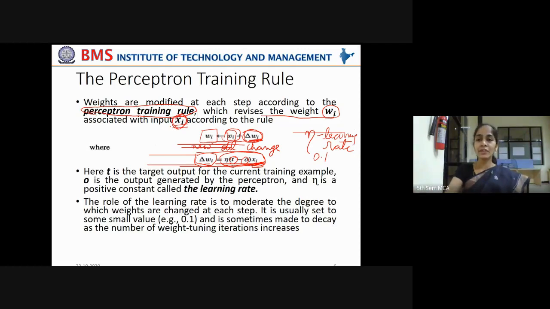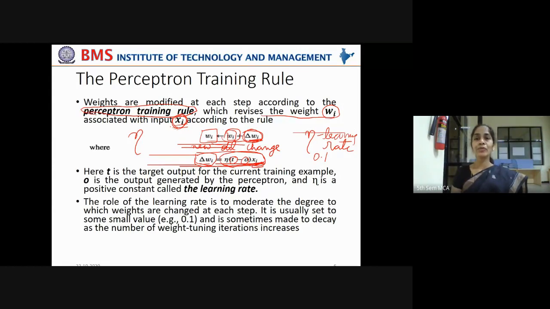Now let us come to this nu. Why are we using this learning rate? Say I have a goal to reach, but I don't know the way in which I have to travel. They have told me that my goal is at some distance, but they didn't give me the directions. I am blind, left there without any compass also.